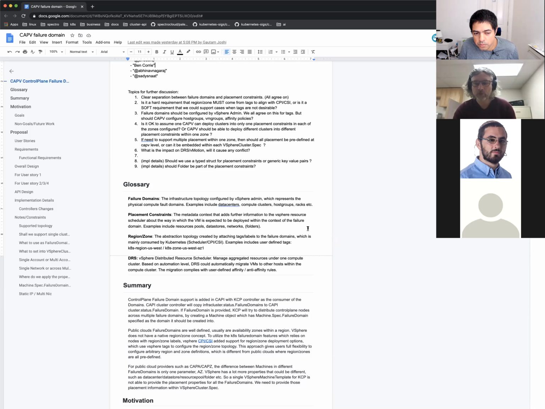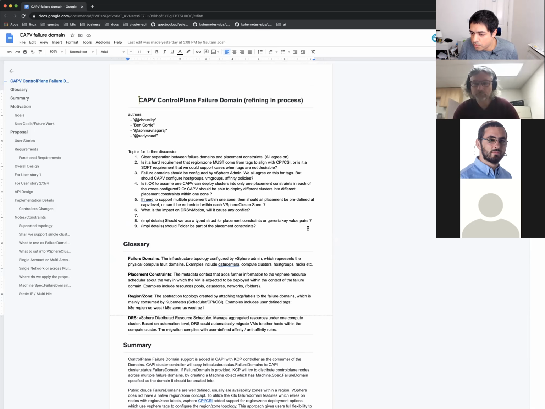The discussion that we had over the past two weeks has mainly focused on a couple of items. First of all, Ben had a very great idea that we should clearly separate the failure domain and the placement constraint, and have a clear separation between those.